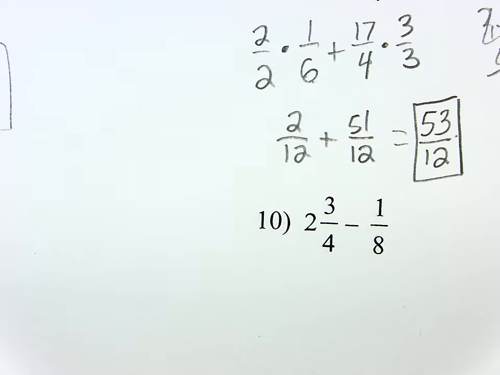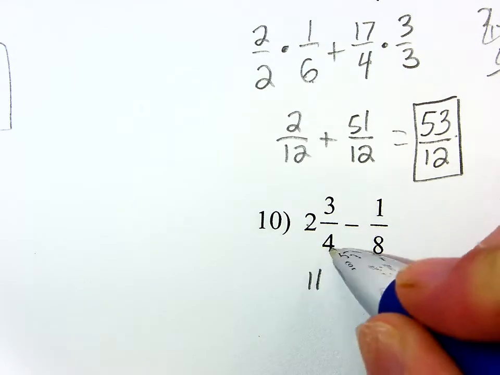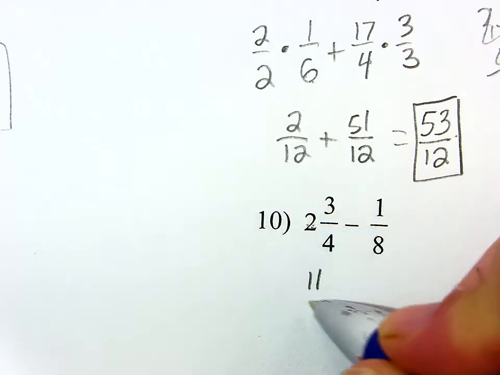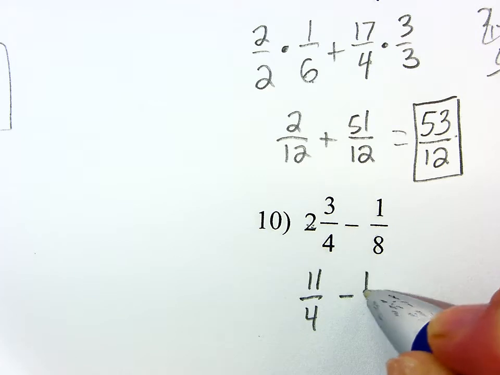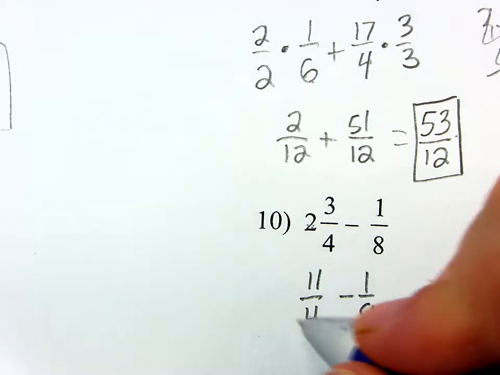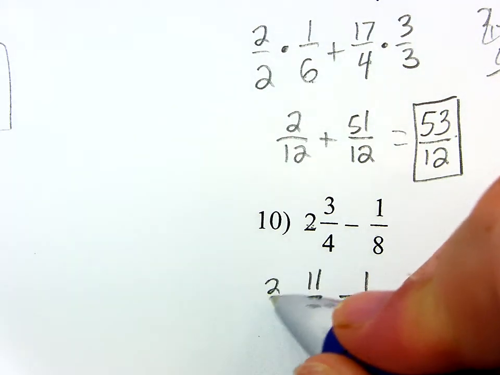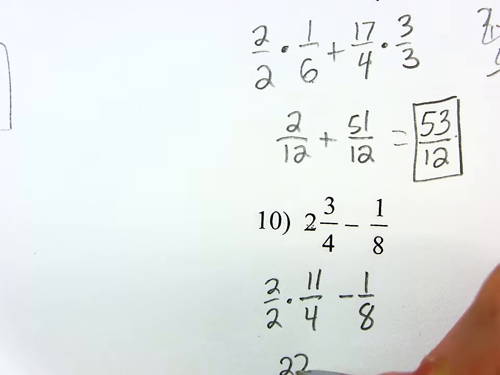I have a mixed number and a fraction. Correct. I would change it to improper first. So 4 times 2 is 8 plus 3 is 11 fourths minus 1/8. What's the common denominator going to be? 8. So I just multiply the first one by 2 over 2. So I get 22 eighths minus 1/8, which is just